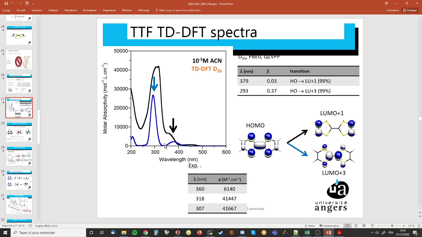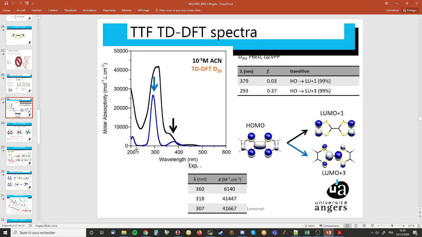Here we can consider a Gaussian approximation with, for example, the GaussSum program, and you can consider a Gaussian for each transition, and you will have a first approximation of the